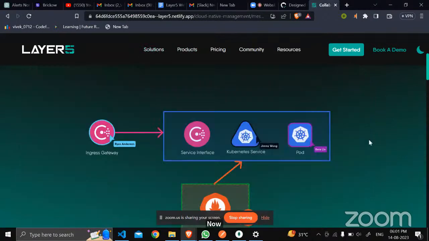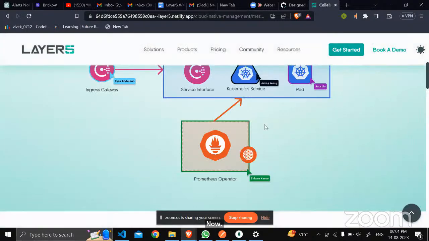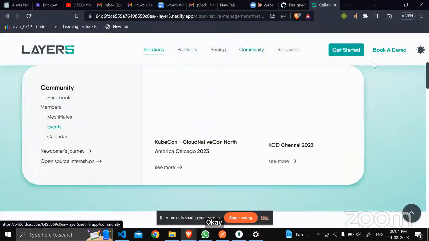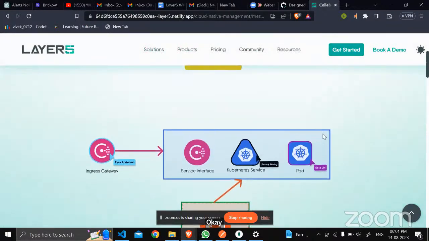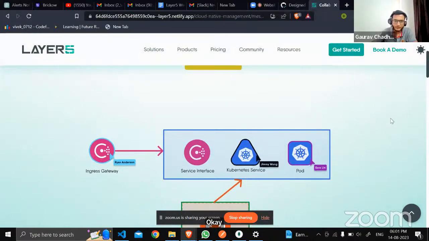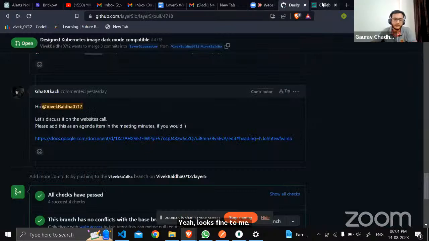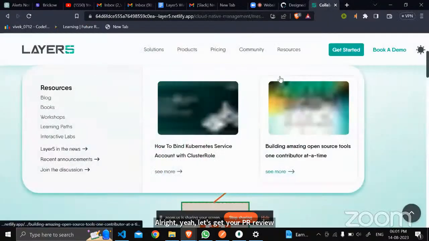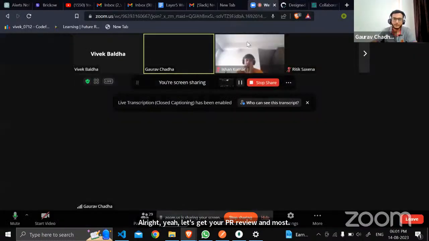This is dark mode, and this is light mode. Yeah, it looks fine to me. All right, let's get your PR reviewed and merged. Thanks, Vivek, for the quick update.